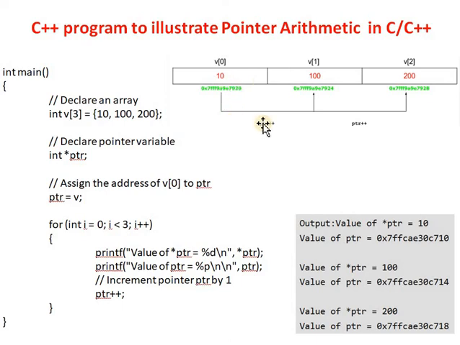Whenever the increment, that means PTR plus plus, is applied on that particular pointer, it increments by the number of bytes of the storage class for the particular machine. That means if a system uses 4 bytes to store an integer, then PTR plus plus would result in PTR being equal to the 7924 location. In this way, the increment operation is performed on the pointer.